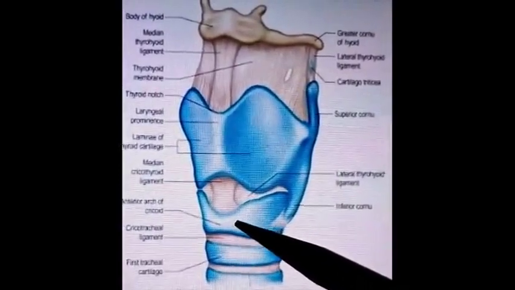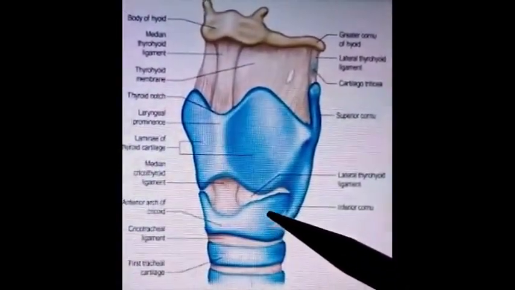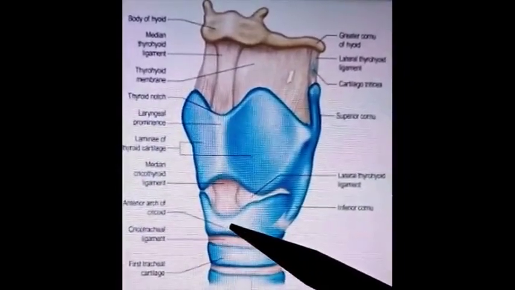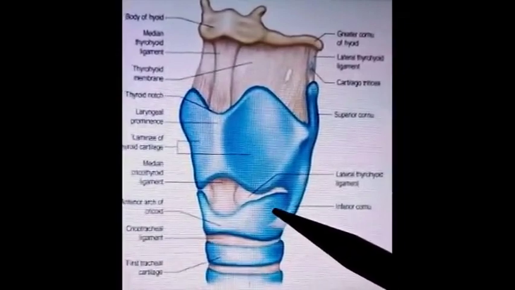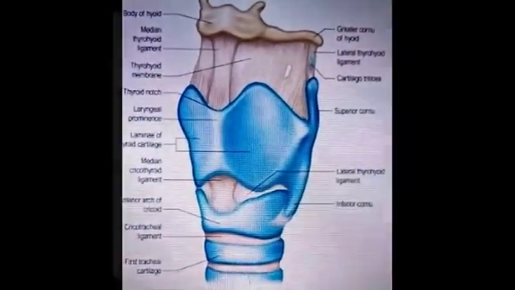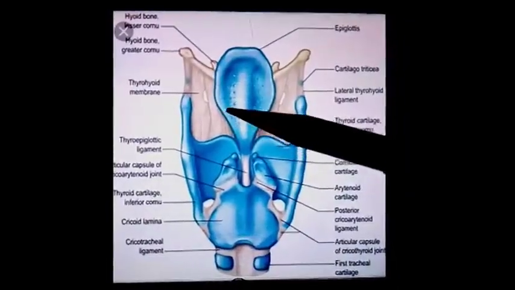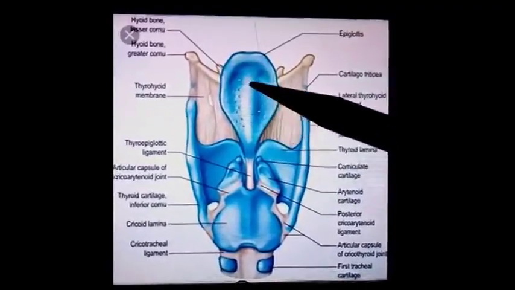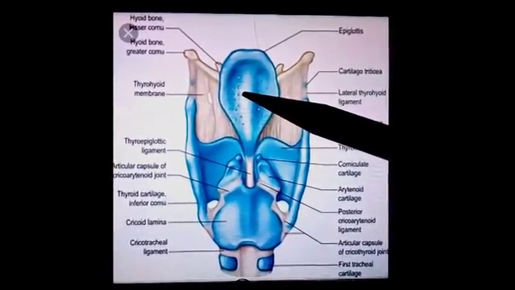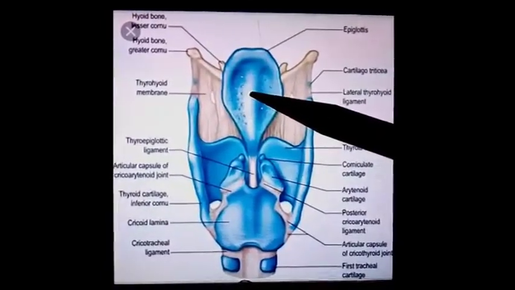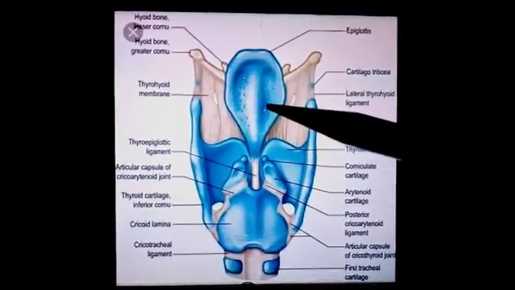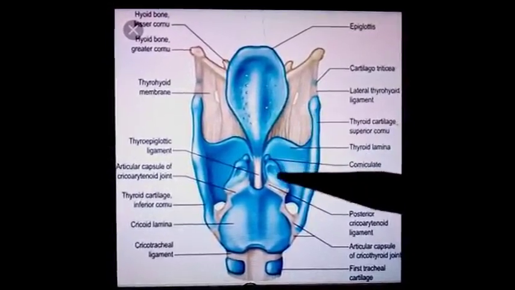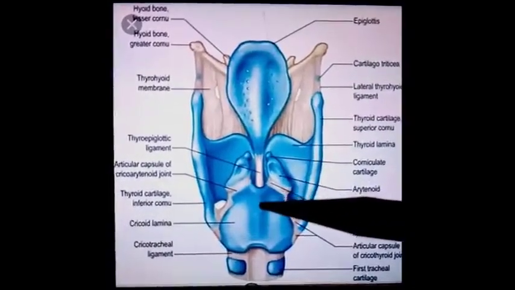Cricoid cartilage is a ring-shaped cartilage present anteriorly as well as posteriorly. The anterior narrow part is known as the arch, and the posterior larger part is known as the lamina of the cricoid cartilage. Third cartilage is the epiglottis, which has a leaf-like appearance and makes the anterior wall of the larynx. These three cartilages are unpaired, and the rest of the cartilages are paired and smaller in size.